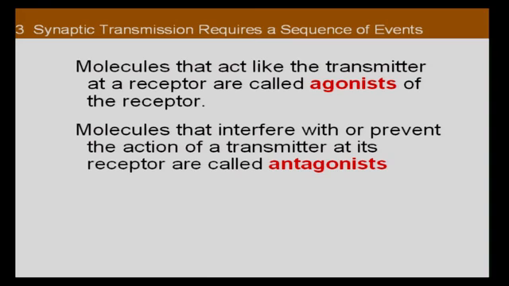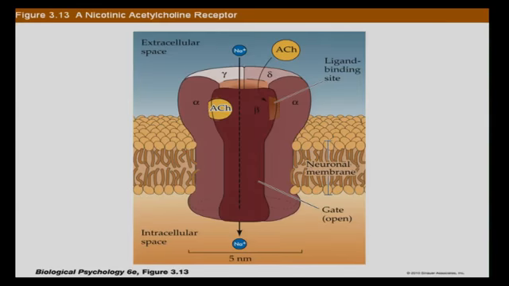These are concepts having to do with different kinds of neurotransmitter-like molecules. Molecules that act like the neurotransmitter at a receptor, but are not the neurotransmitter itself, are called agonists of a receptor. A lot of drugs are neurotransmitter agonists. They work just like the neurotransmitter itself, and you put a lot of drug in your system, and it's just like flooding the system with this kind of drug, but in an artificial way. That is an agonist. It's working just like the neurotransmitter to do whatever it does, either letting sodium in or